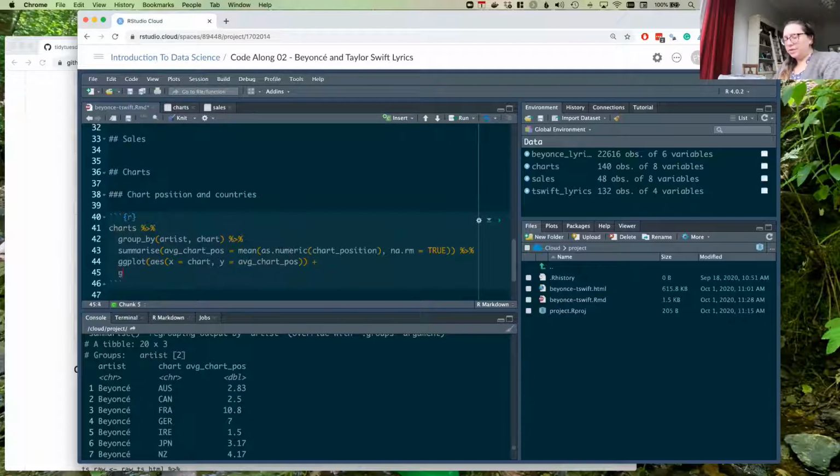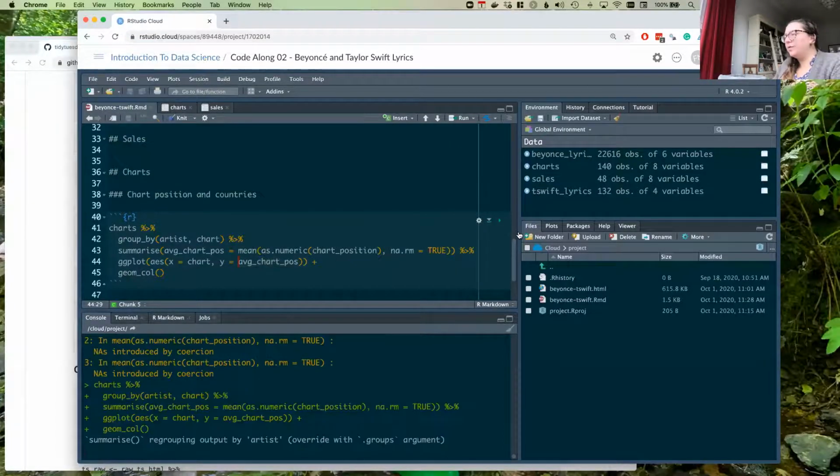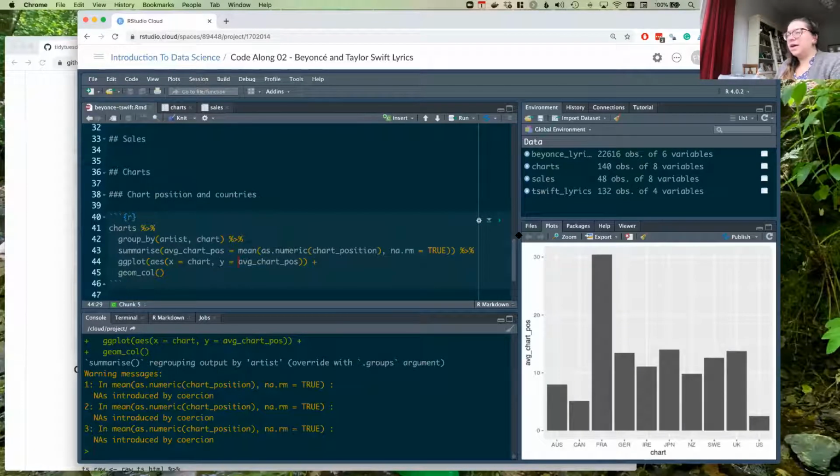For that, I would use a geom called geom_col, which is similar to geom_bar that you've seen in the videos. What we're saying here is just grab the y-axis value from whatever average chart position is for that row, as opposed to counting how many times something is occurring. So let's go ahead and run this and see what we get.